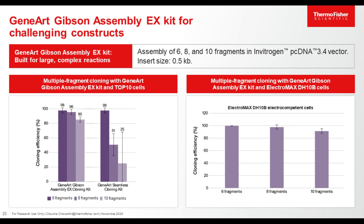which was kind of expected since, as I mentioned before, electroporation is really the method of choice when you're doing more complex experiments. And here, of course, we were not comparing with the GeneArt Seamless Cloning kit, since in this case, this kit is not suitable to be used with electroporation. So with this, I'd like to quickly wrap up what we said about